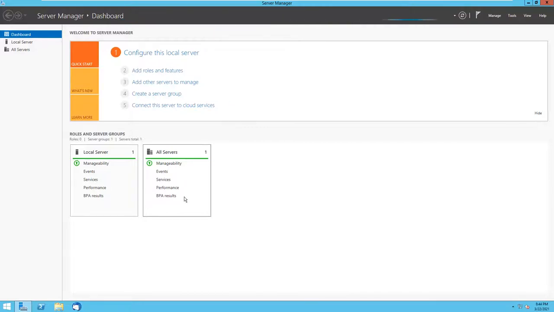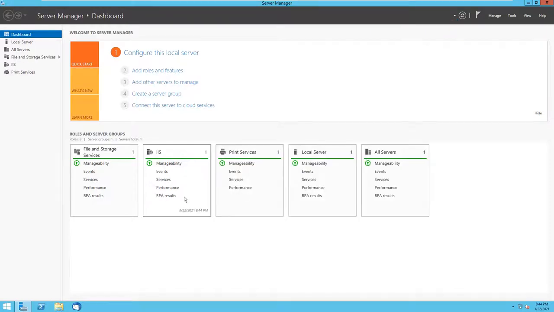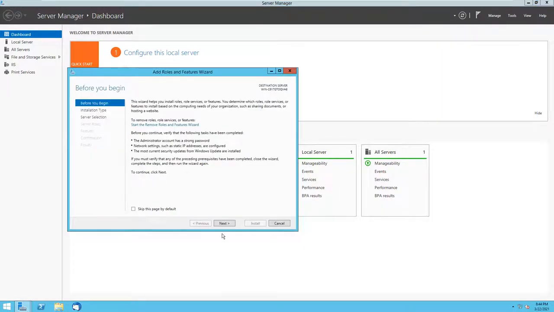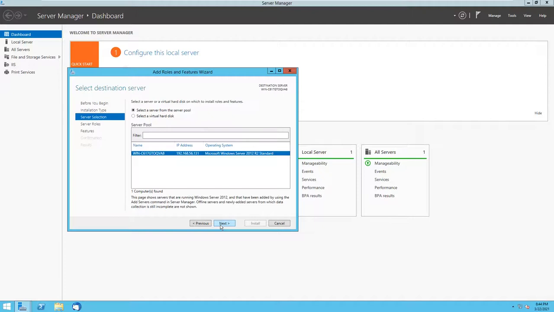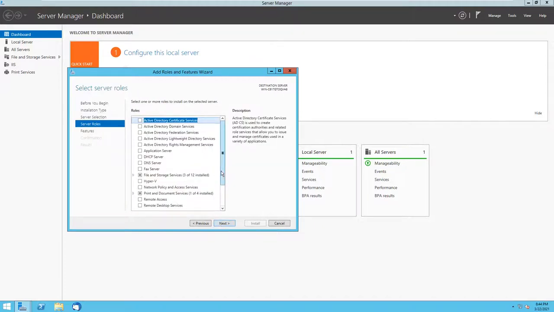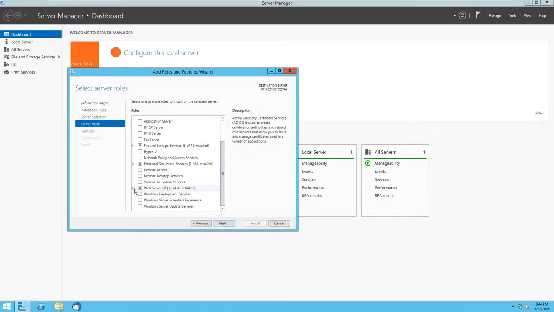In the previous video I explained how to configure a mail server locally, and in this video I'm going to explain how to configure an SMTP relay server. For that you have to use Add Roles and Features. Click on next, next, next, and go to Web Server or IIS.